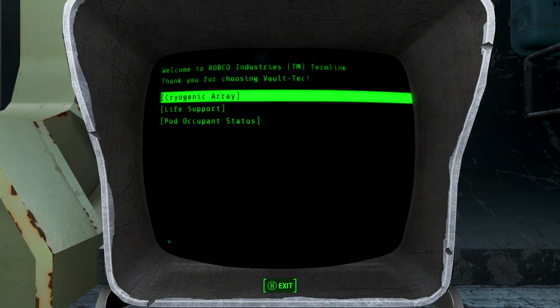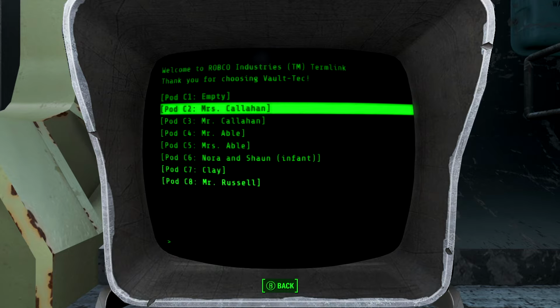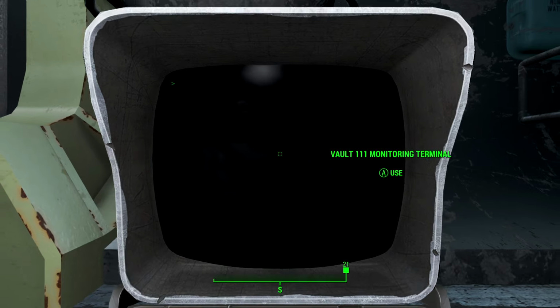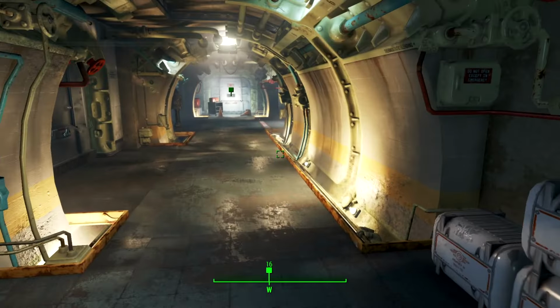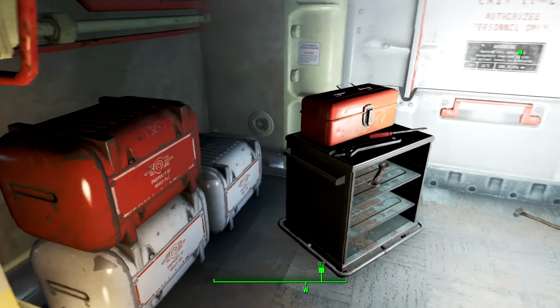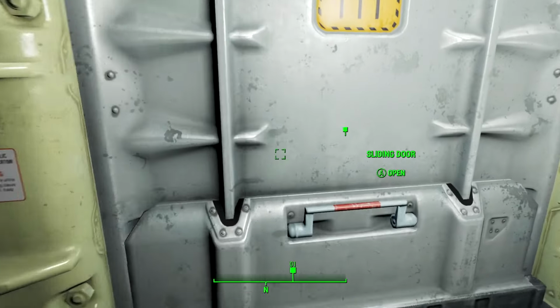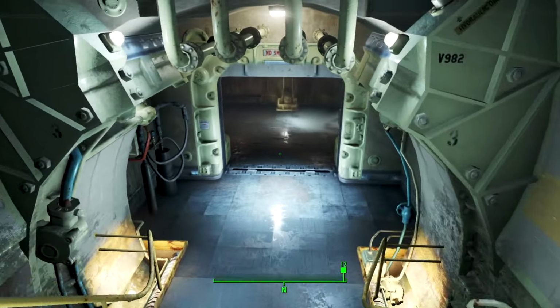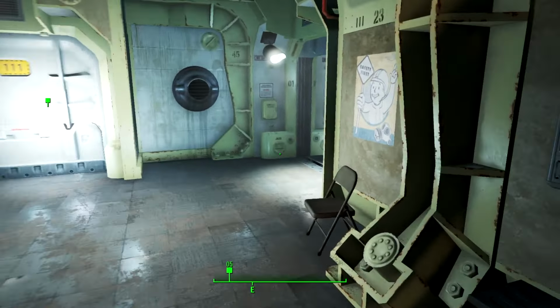Like, I feel like you'd spend some time there if it was real life, obviously. Cryogenic array. I think basically all this says is that everybody died except for you. I forget exactly why, but your pod had a malfunction or something like that, which lets you survive, which is pretty interesting. But yeah, obviously our wife Nora has been shot and killed, which was always a little kind of weak